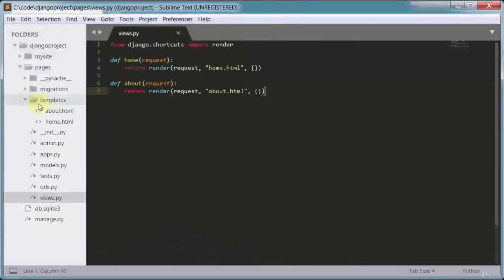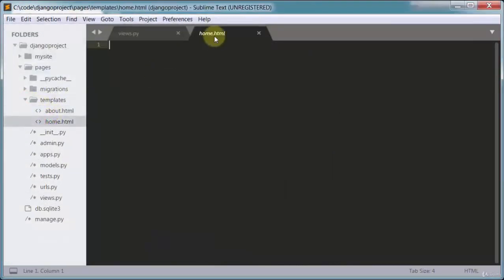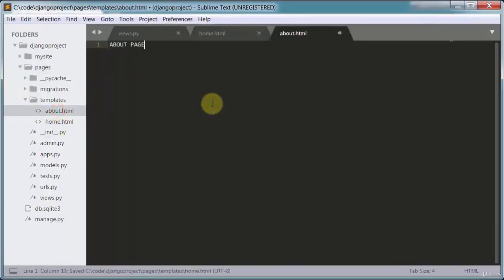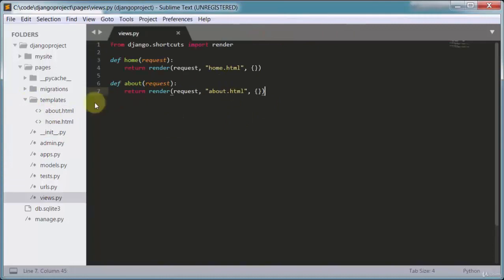Okay, and now we see here they are, home and about. And for the home, let's just go home page, exclamation point, yell it loud, right? If we save that, and then about, let's go about page, 2 exclamation points. Very exciting. Save that. Okay, so anytime you want to create a template file, you just go through that same